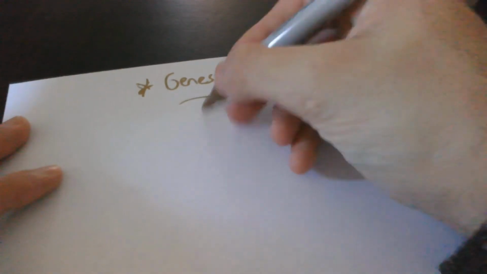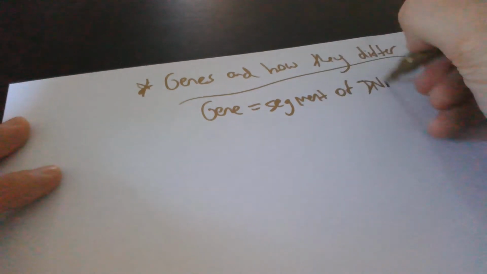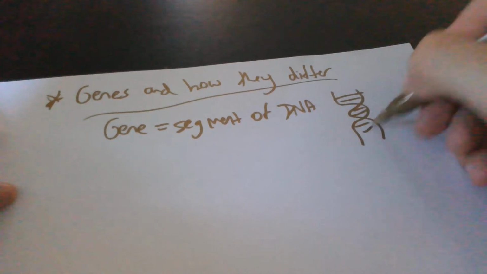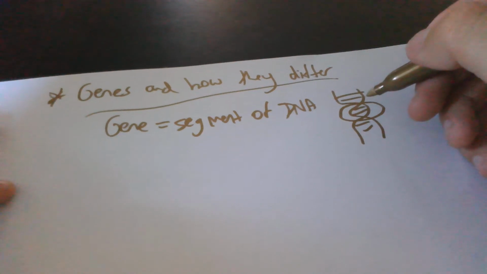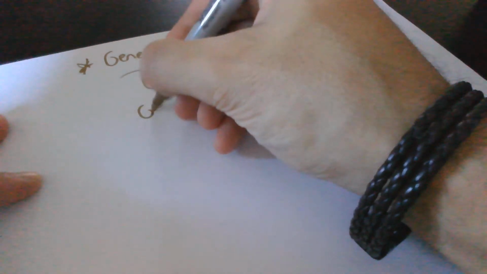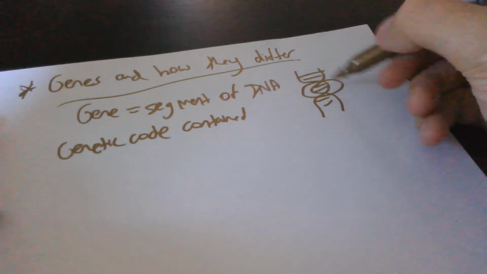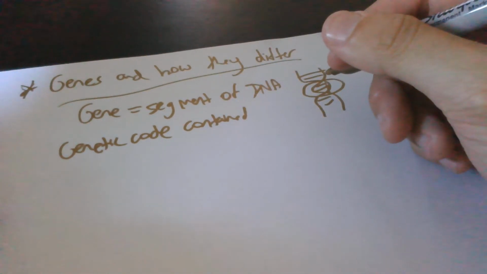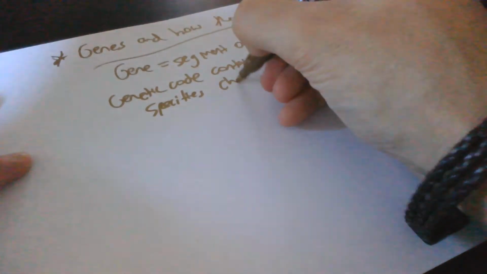Okay, remember, a gene is a segment of DNA, right? So if I was to draw a double helix, a gene is basically just a section of it. It contains the genetic code. So the genetic code is contained in a gene, obviously because it's made of base pairs that contain information, right? And this genetic code specifies the chemical structure